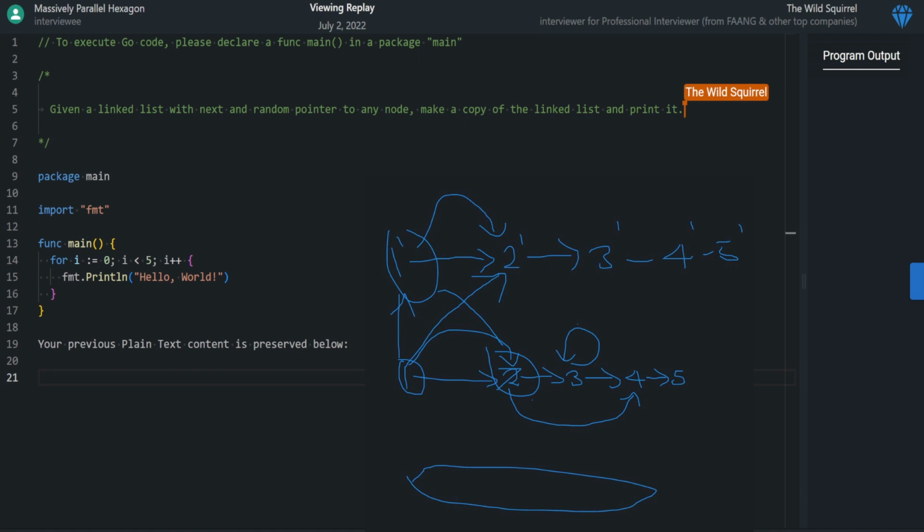So basically, let's say you're given a linked list with a next pointer and a random pointer to any of the nodes. You need to make a copy of the linked list and print it for us to verify it. So what that means is, now coming to the diagrammatic thing,